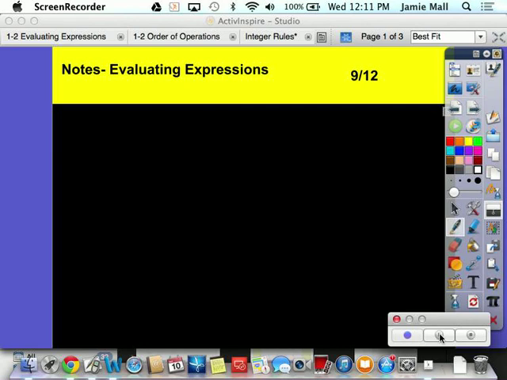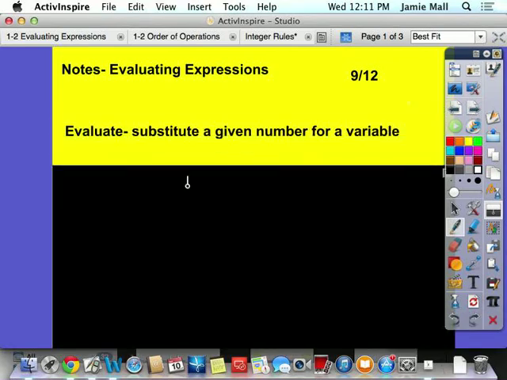All right, our next lesson is on evaluating expressions. We have already talked about using variables and we've talked about order of operations, and this lesson will combine those two concepts together. So let's first understand that to evaluate an expression simply means to substitute a given number for